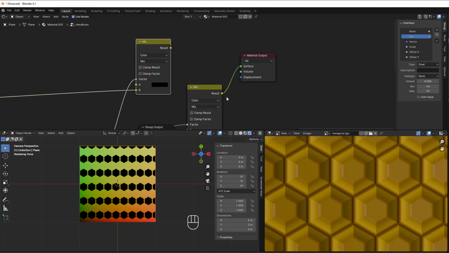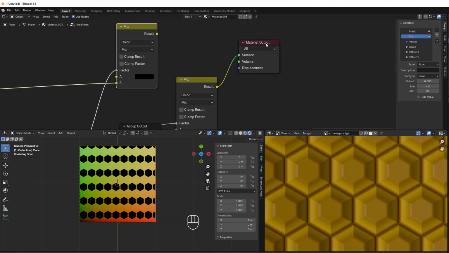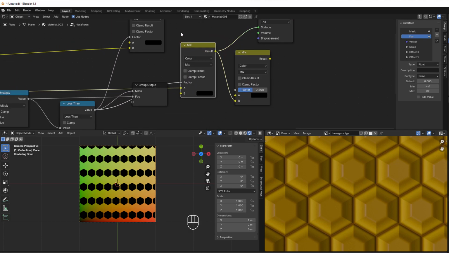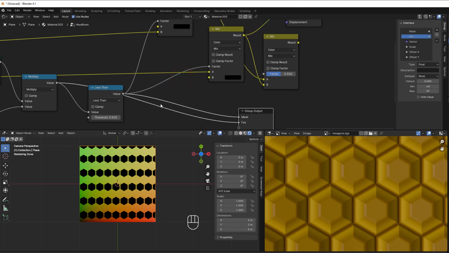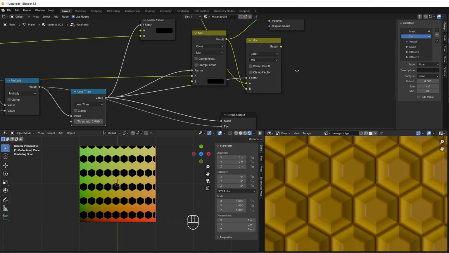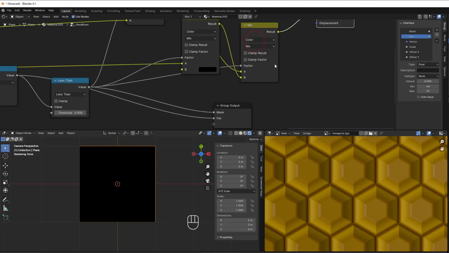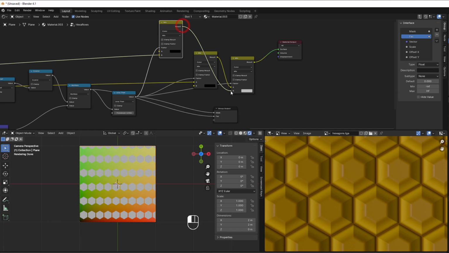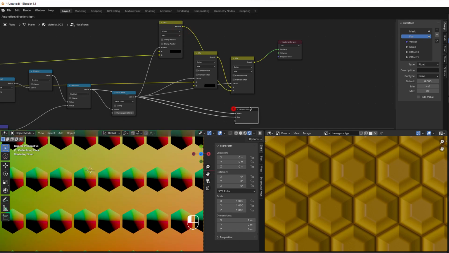And now it's up to us to just combine these two together, so we use A and B in the correct way. So we can copy this one, Shift D again, and put this to one value and put this to the other value, and then just put this to the factor. And if we look at that now, we can see it looks like this, totally black. Don't be alarmed, just change these so we get it like that. And now everything is in a good way. So then we have it,